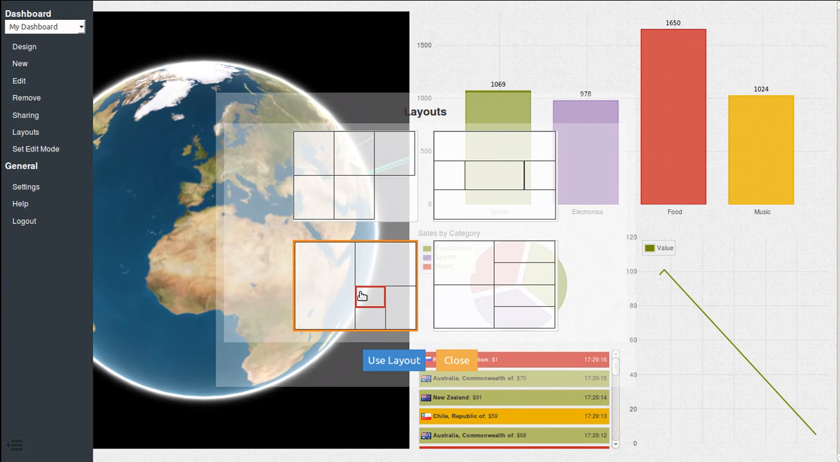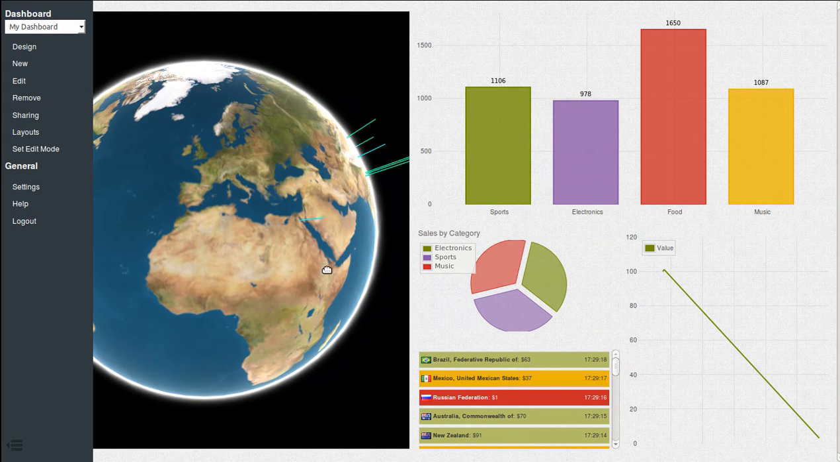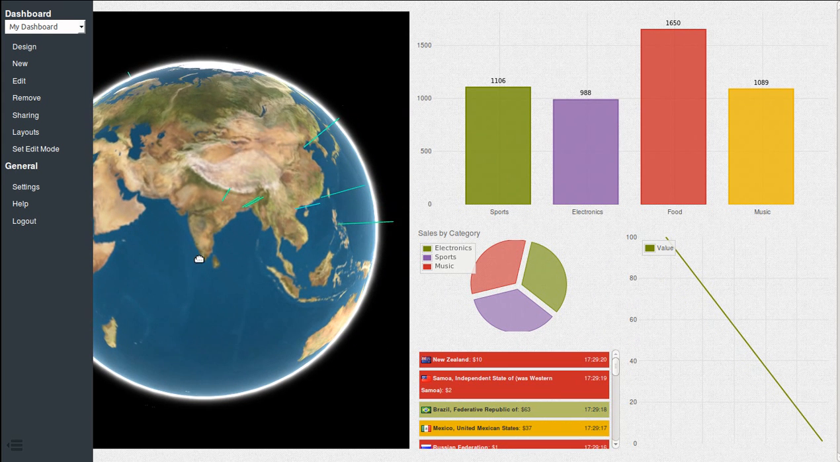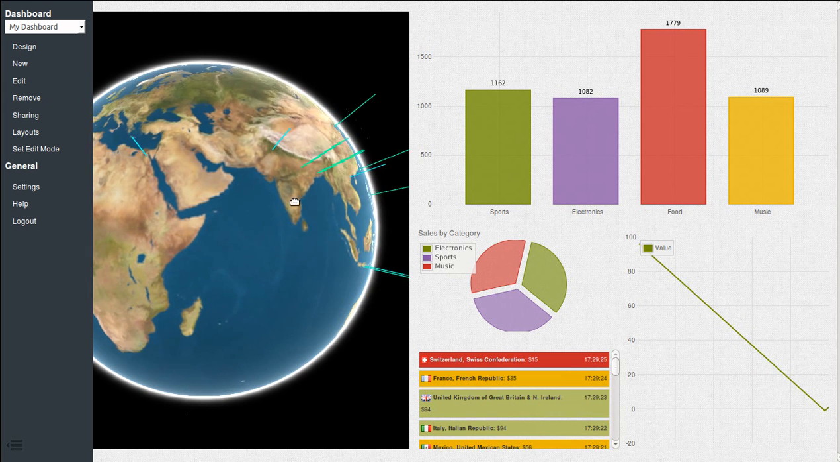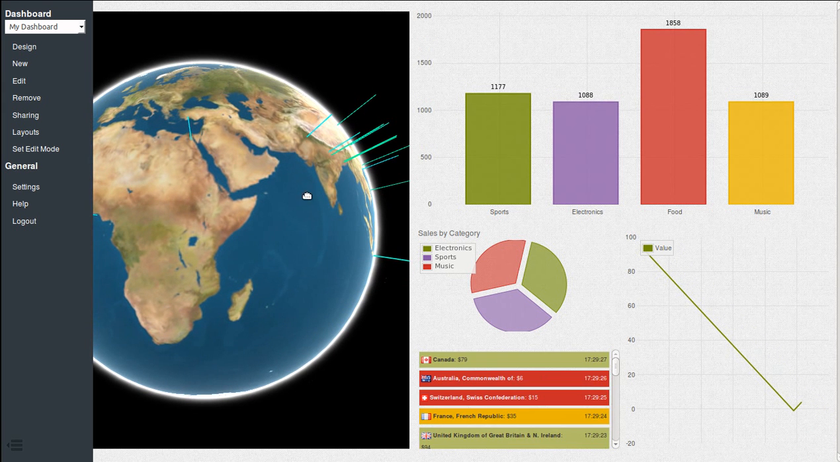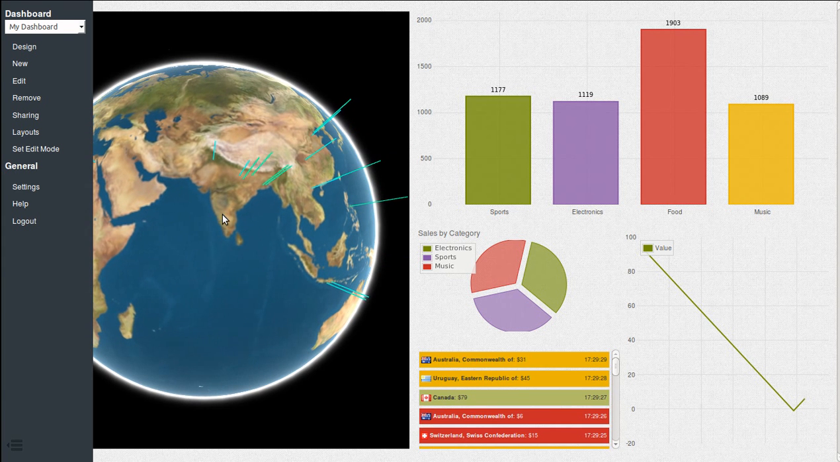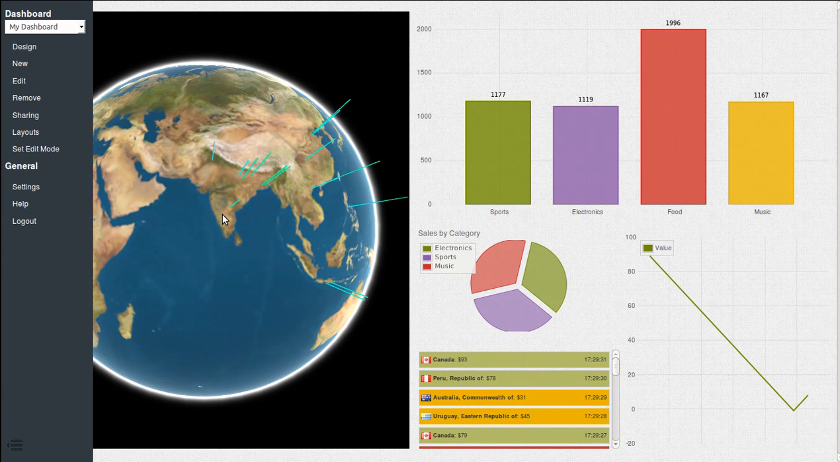Let's move this from here to here. We'll use this layout, and if we move, we can see some bars will appear on different places. The value is proportional to the population in that point,